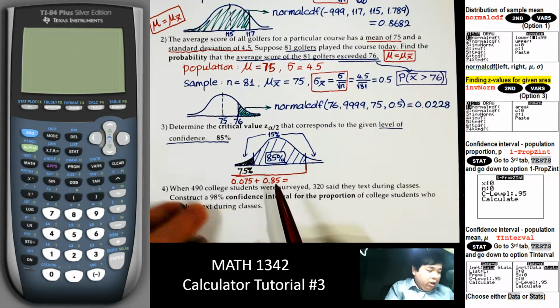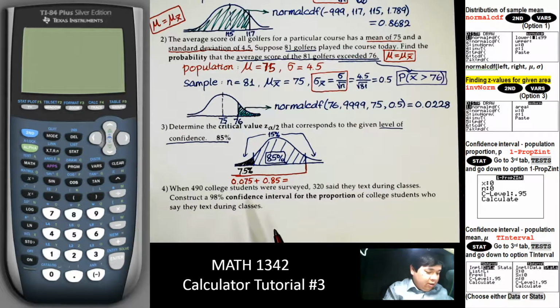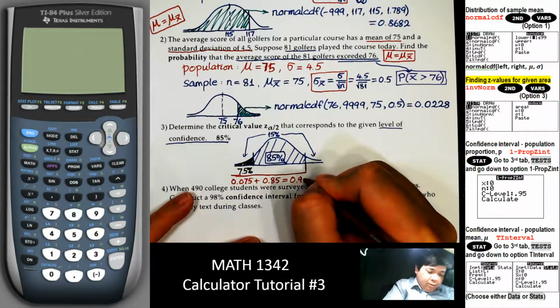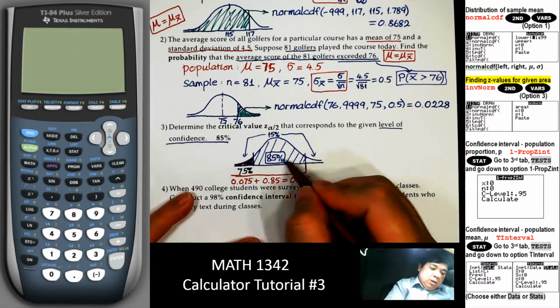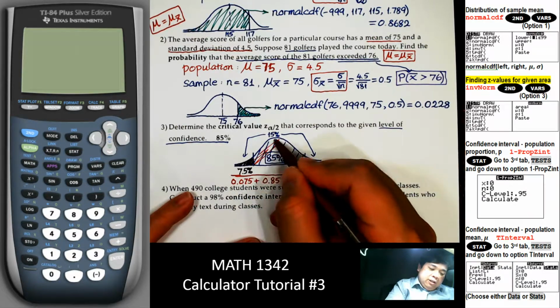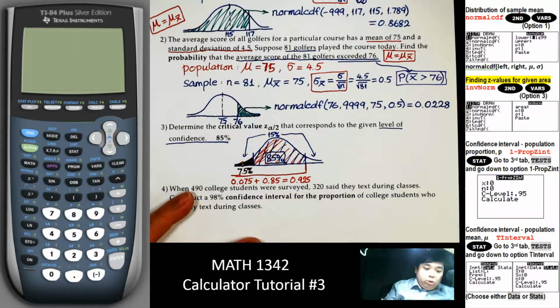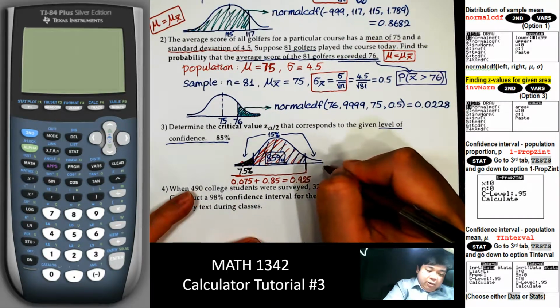That will be all the area on the left of it. So everything on the left of that point is 0.925, and to find the z values,